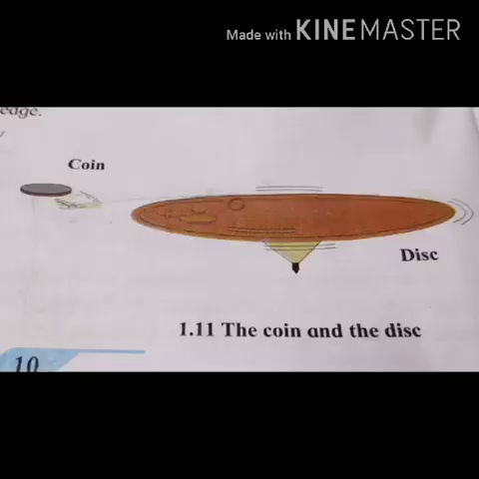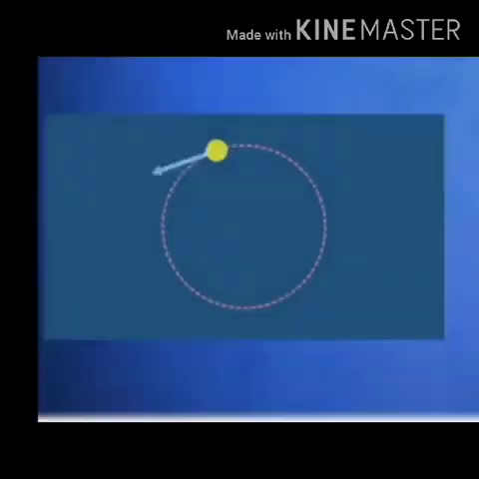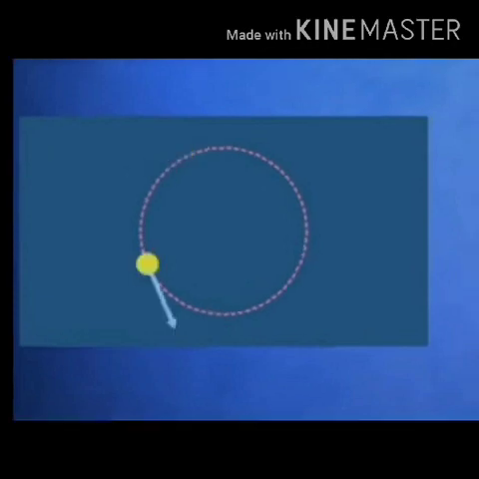Now, determining the direction of velocity in uniform circular motion. Let's try this. Take a circular disc and put a 5 rupee coin at a point along its edge. Make it move around its axis by putting a pin through it. When the disc is moved at higher speed, the coin will be thrown off as shown in the figure. Repeat the action placing the coin at different points along the edge of the circle and observe the direction in which the coin is thrown off.